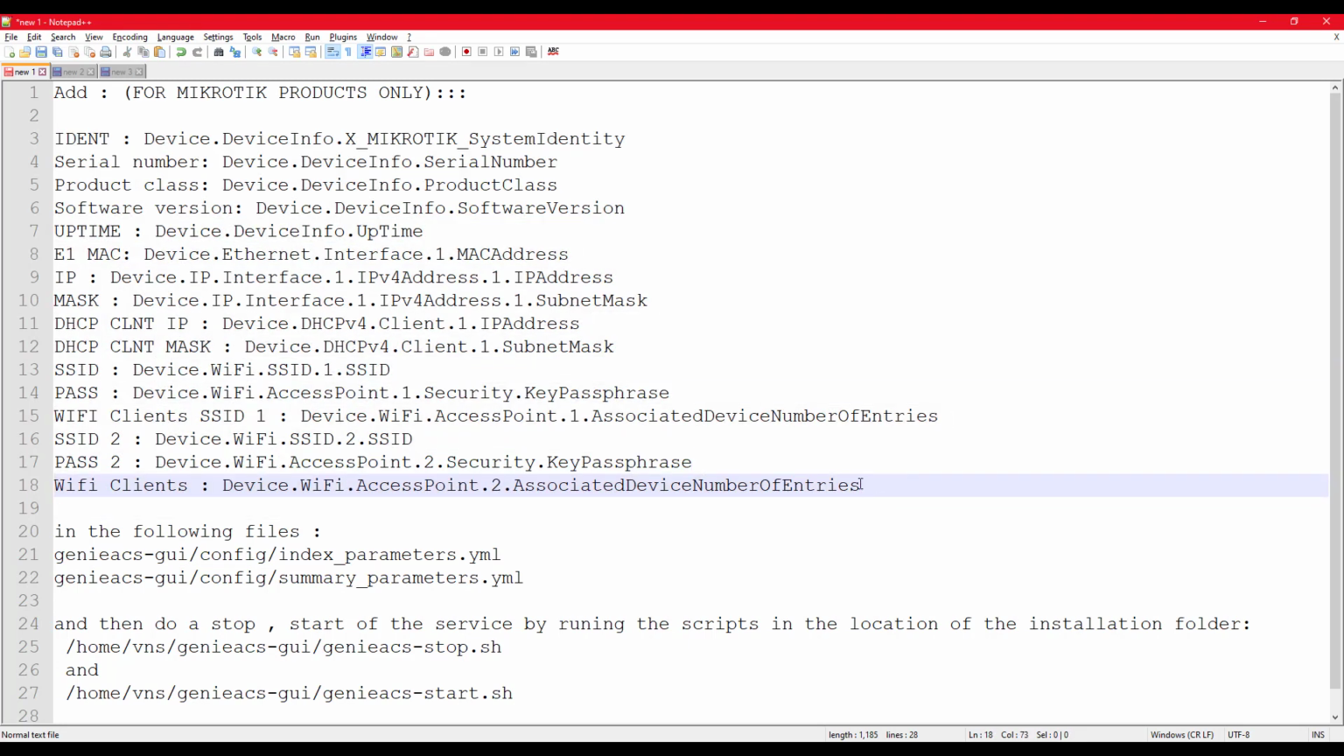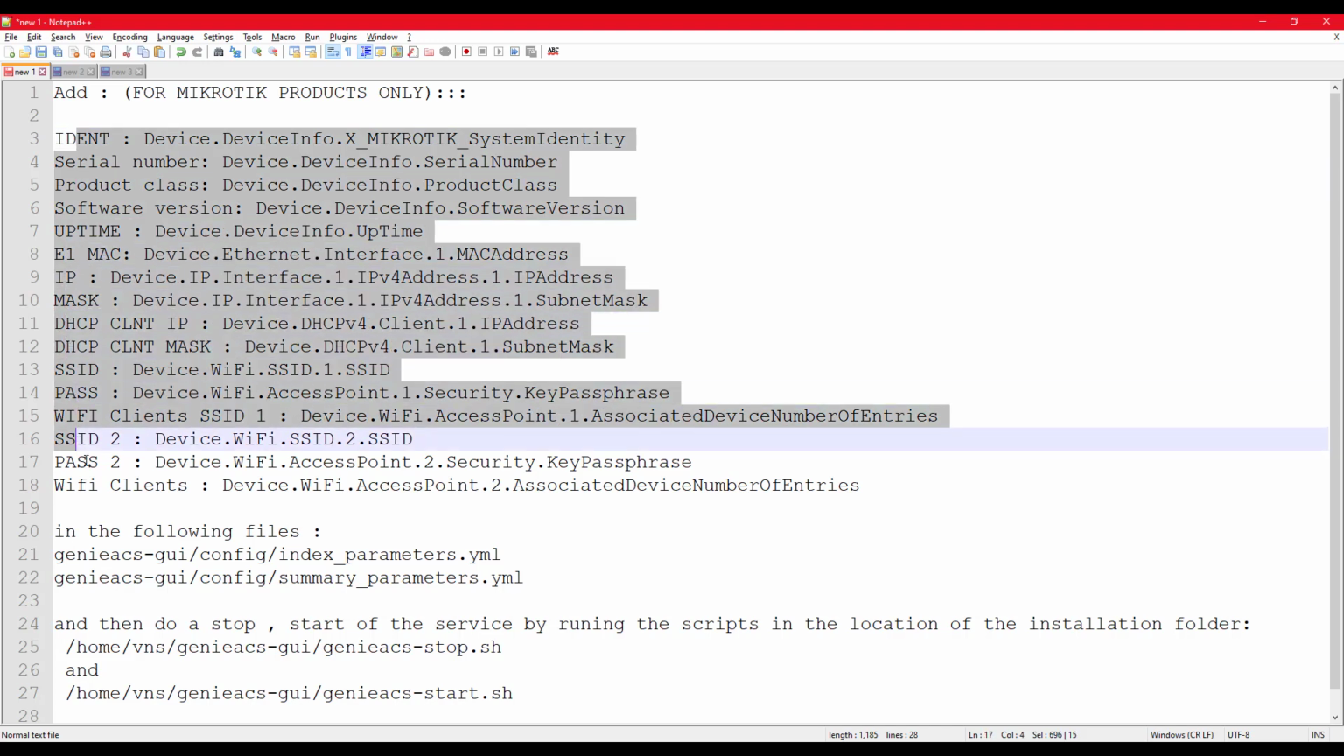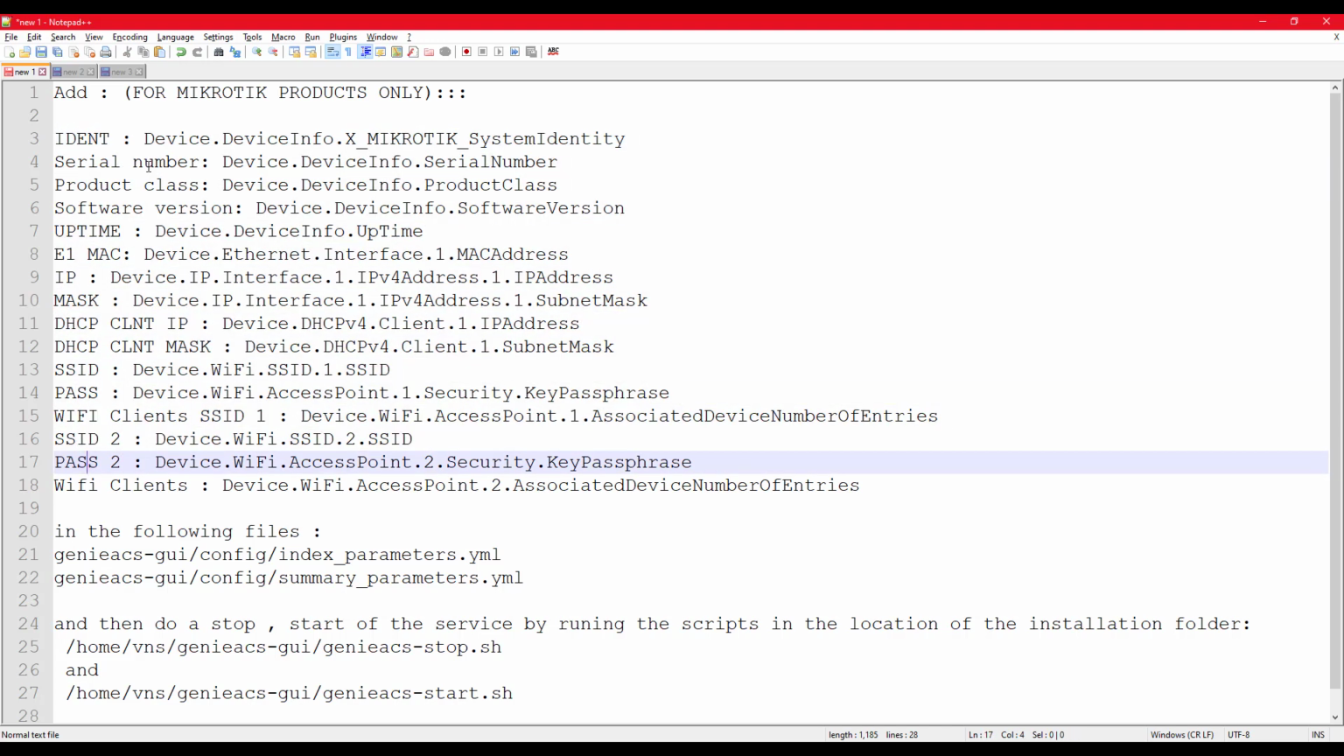And so this is all the parameters which we are going to fetch from the routers as of now. You can add and remove them accordingly, but this is what I need basic. So we are just going to copy it and we are just going to paste. In our scenario, in the Mikrotik ecosystem, we have a little bit different